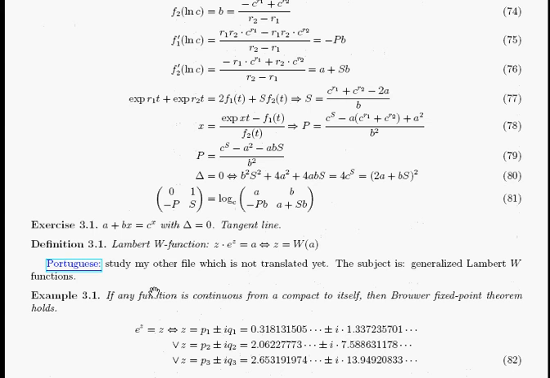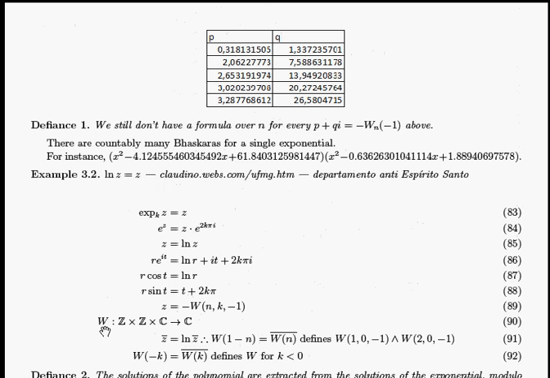Next step, exponential of z equals z. Brouwer fixed point theorem. We need fixed points for the exponential, and they are complex. I found 5 with 10 powered to minus 14 error. That's my epsilon. And we still don't have a formula for